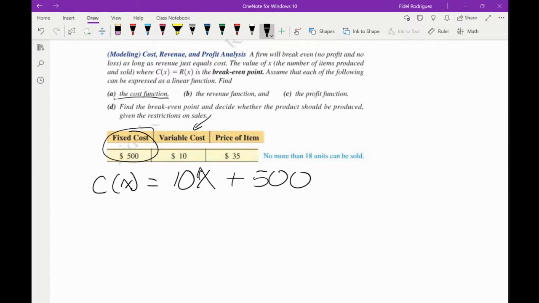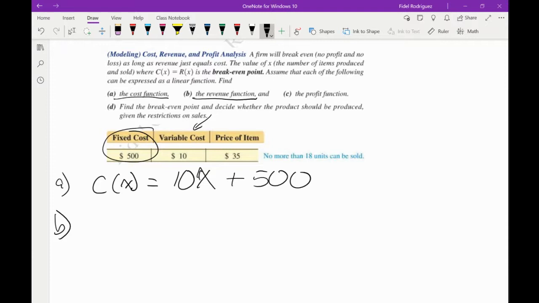All right, so here's my answer for part A. Did that make sense on how I was able to explain it? Like how we came up with this equation? It's always going to be your variable cost times X plus the fixed cost, okay? Now,